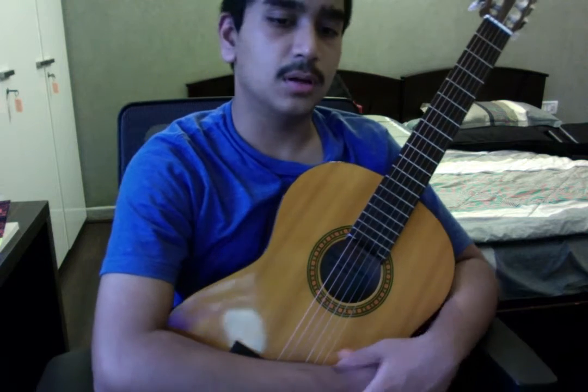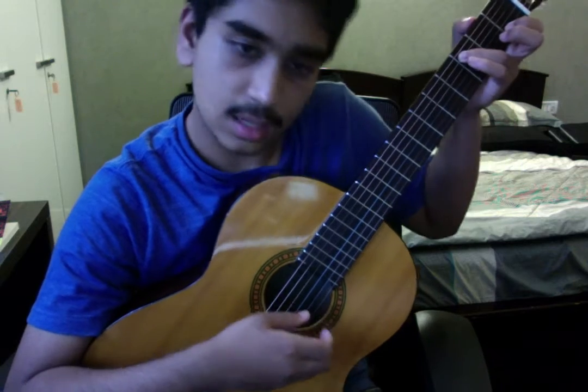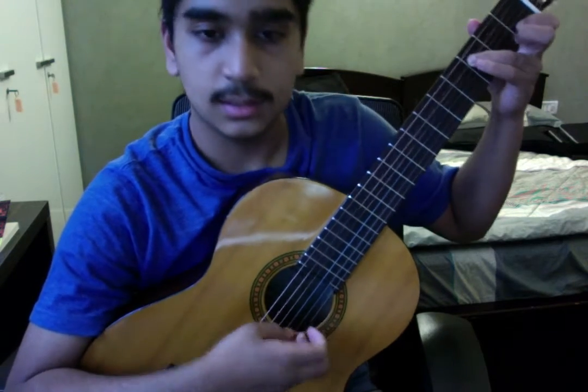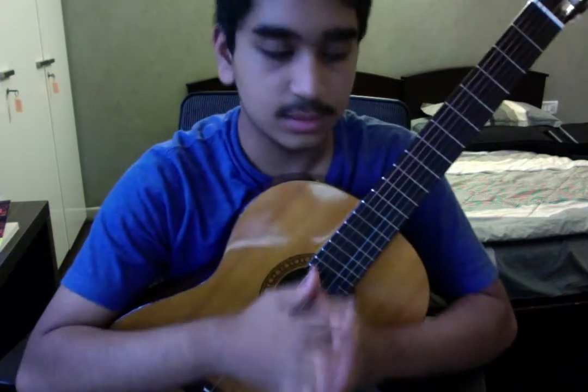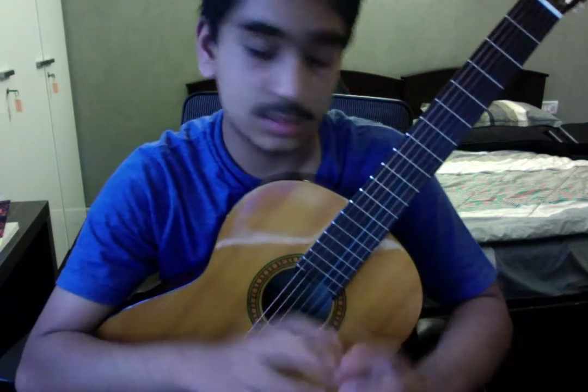So a scale is pretty much a progression of notes, usually 8 notes long, from one octave to the other octave. So it moves through all the notes in between two notes that make up an octave, for example a C and another C, a low C and a high C. The notes that act as intervals between these octaves, we play those, and that makes up a scale. So for this week we're going to focus on the most basic scale for the guitar, which is